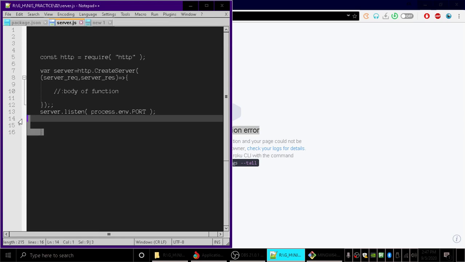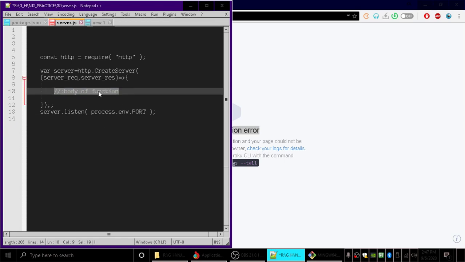Because you're always going to know what the code does while you're writing it, but it's when you come back to it months later that you're going to be confused. So before we